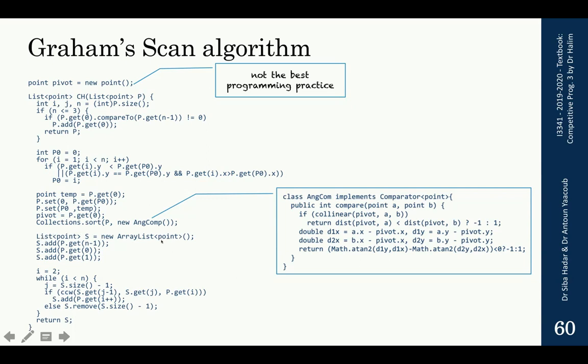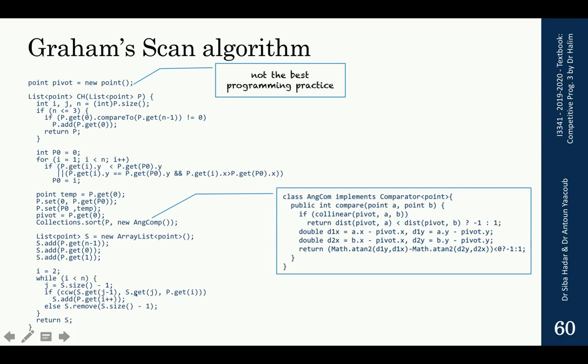We create an empty stack, and as promised, we put the last element in P first in the stack, then the pivot, and then the first element, the one directly after the pivot. So I have n-1, 0, and 1 inside the stack, and I continue from i equal 2 until n. Every time I check whether